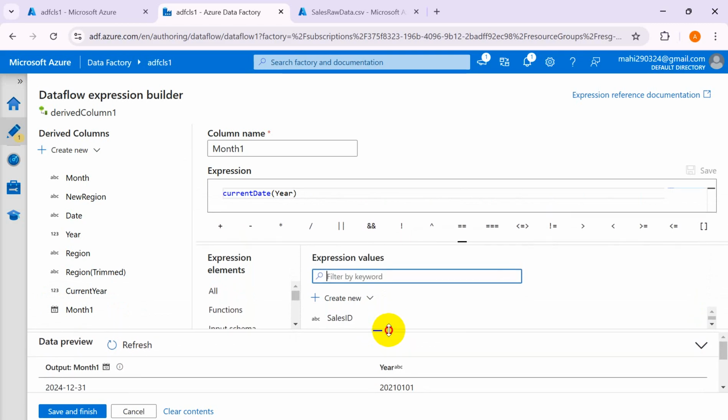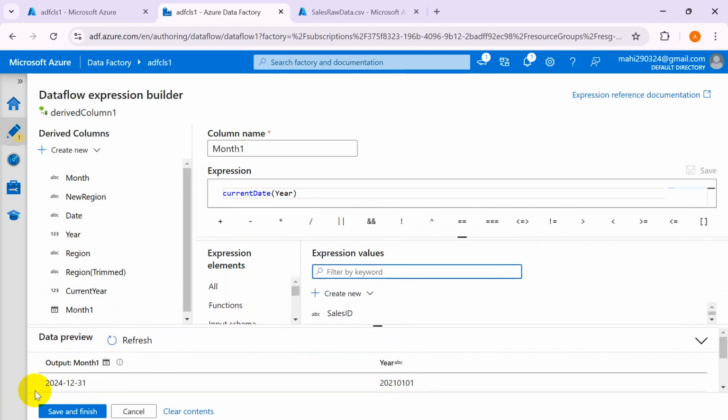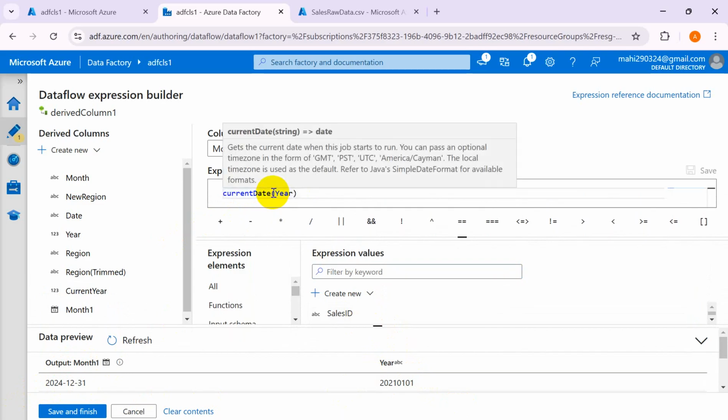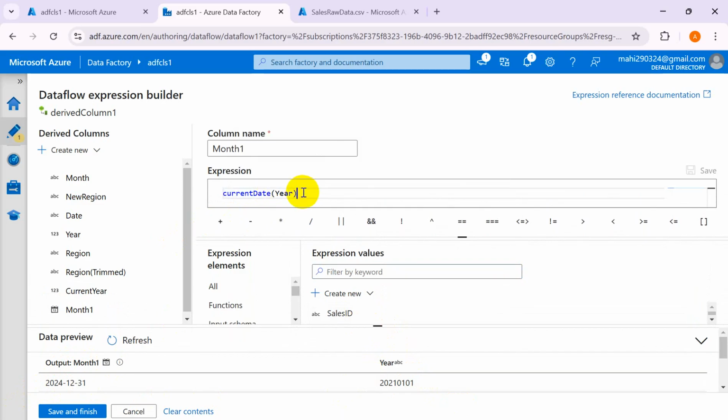So this is the date. This has changed the format. Fine. No, it's not changed the format. It is only showing today's date. Agreed? Okay. So if you want to use today's date,